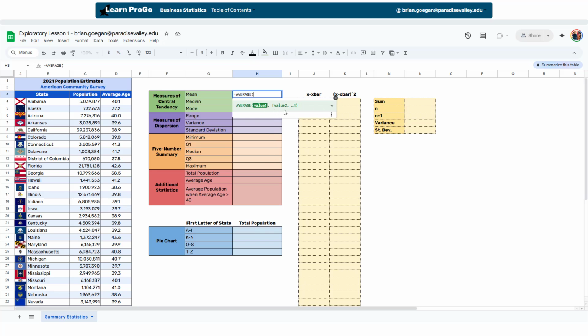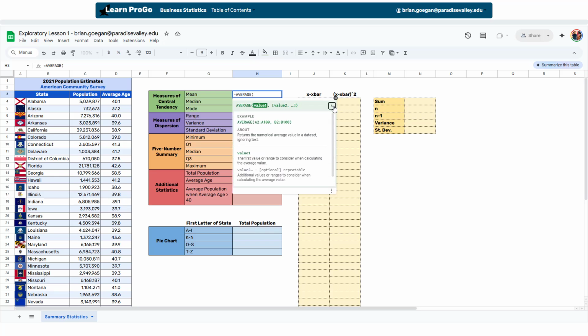And you'll get this help dialog here. If you don't see it, sometimes you won't see it, you'll see this question mark on the left-hand side of what you're typing, and you can click that and it'll appear again. These are really important, and as we go along, I'm going to assume, actually, that you are going to look at these and learn from them. That'll happen more on the spreadsheet assignments, where you'll be asked to use a function that maybe we haven't used in class yet. And you can click this little down caret and it will open up all this information about